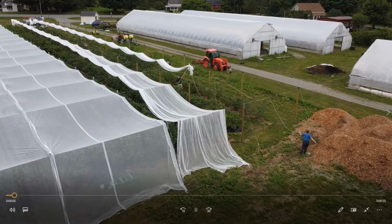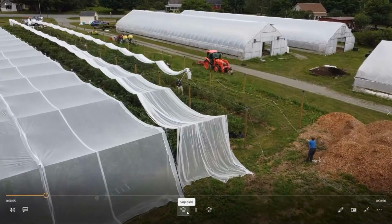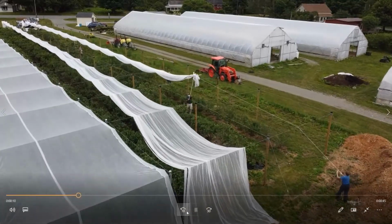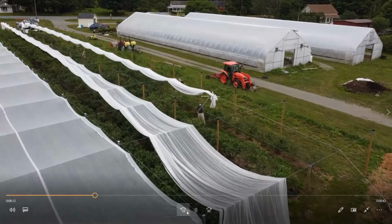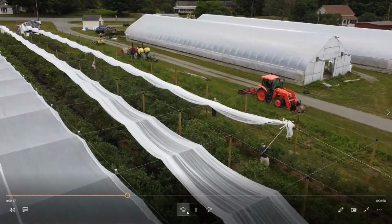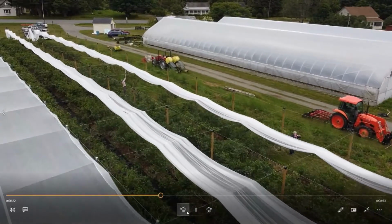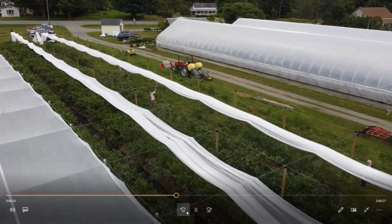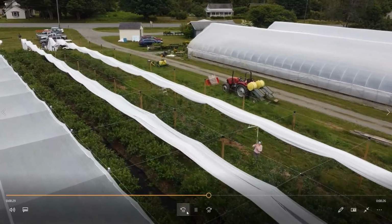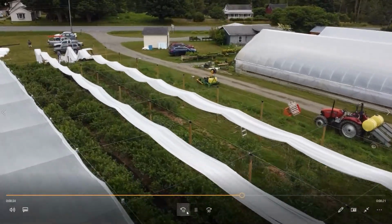And this is what it looks like with the netting going on. The system we came up with was, tie a rope around the end of one of the panels and drag it along. We have those little PVC T tools to help push it over the wires as we go. This is about 9 feet in the air at the top of the wire, at top of the post. So it does make for a very comfortable space inside. But it's just beyond the limit of most people's reach to work on comfortably as it's going up. So a lot of ladder work